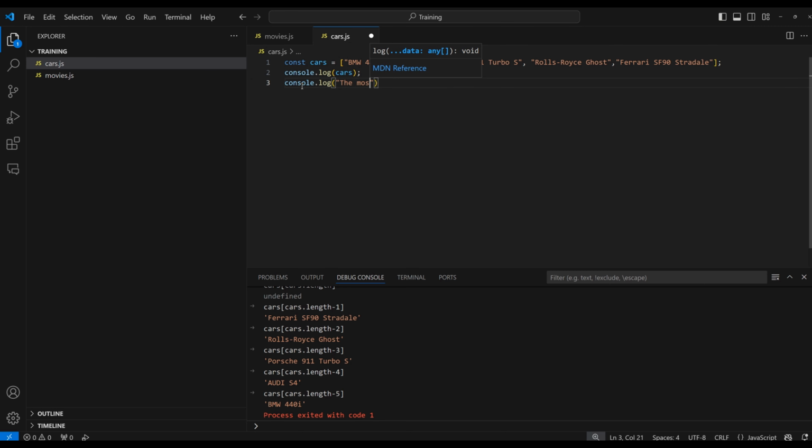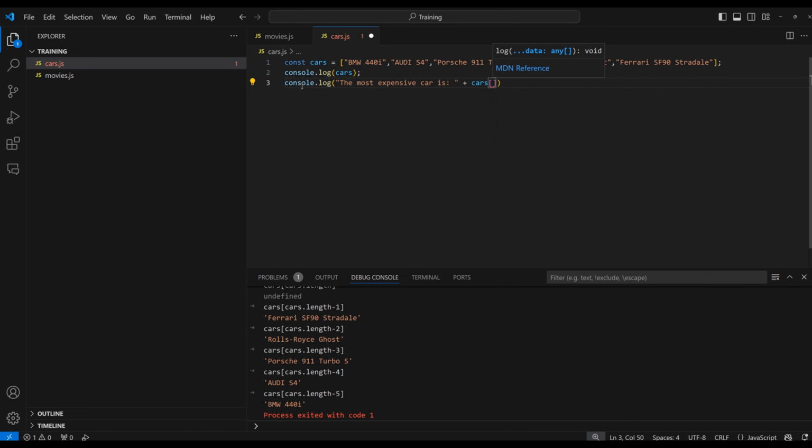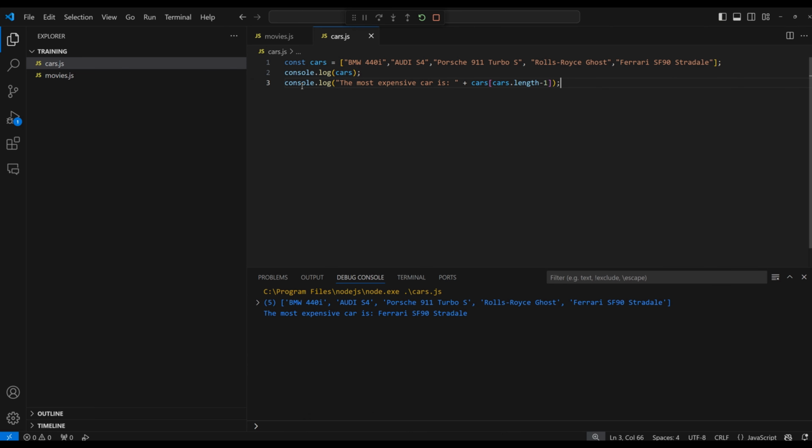The most expensive car is, close quotes, plus cars, square brackets, cars.length minus 1 to access the last index. Semicolon. Press F5. So we can see the most expensive car is Ferrari.